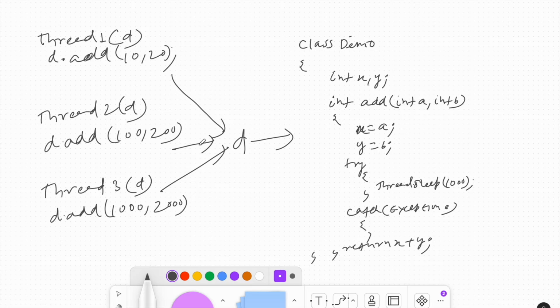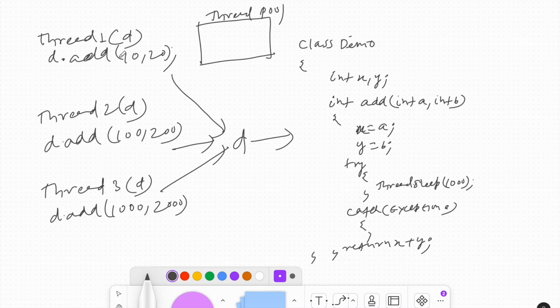So this is the simple situation. There is a class Demo, and this is the Demo class object. There are three thread classes, Thread 1, Thread 2, Thread 3. All these classes will share the same object d, and they will call its method. We'll go one by one, and here I am just trying to create a pool, as we understood in the thread lifecycle in an earlier tutorial.